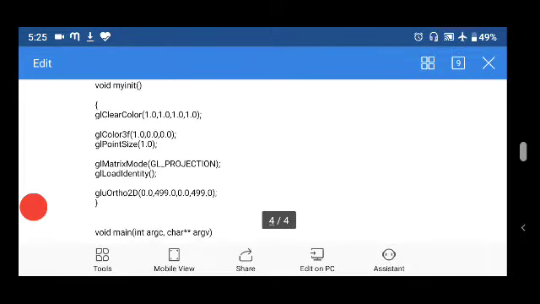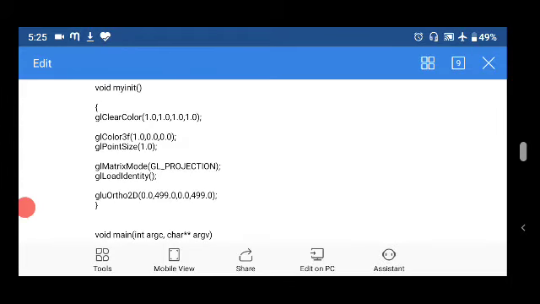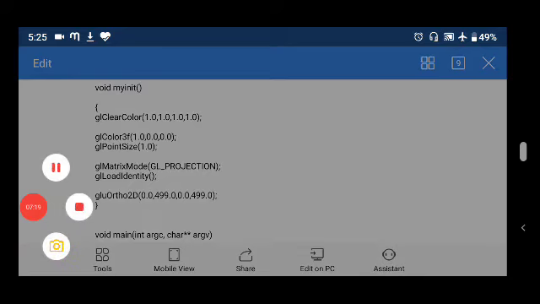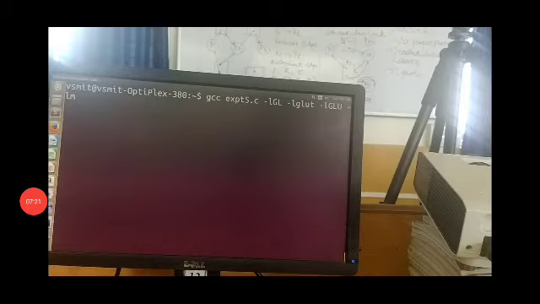Now we will see how this program runs. For that, you save this file with a .c extension, and then compile it. We have saved this file as expt5.c.